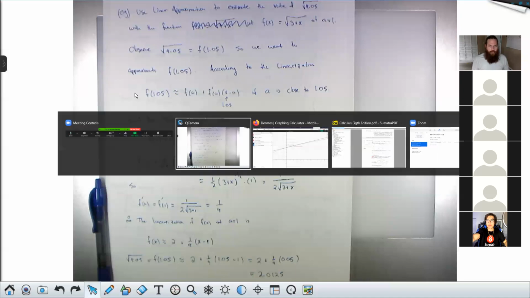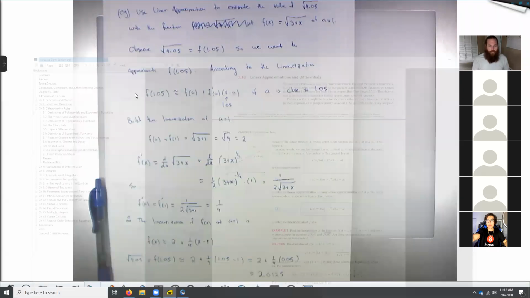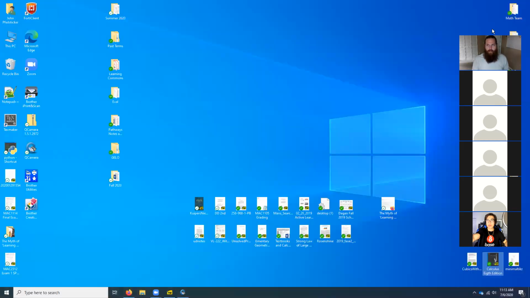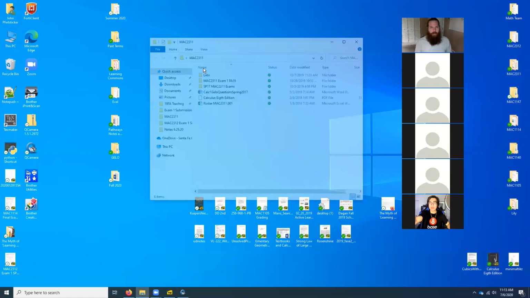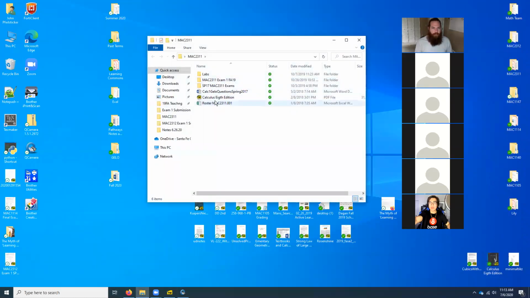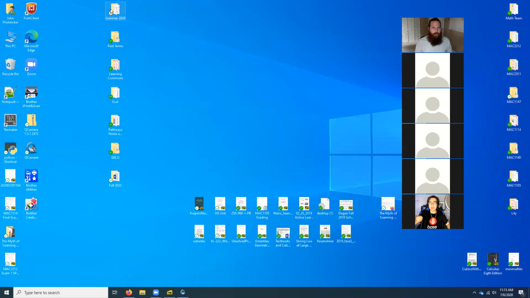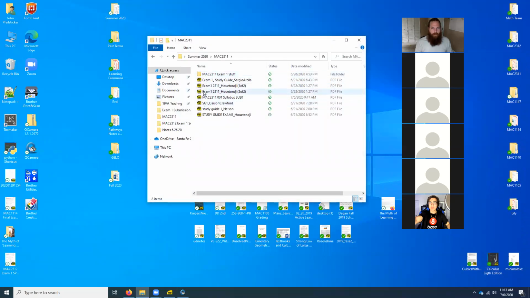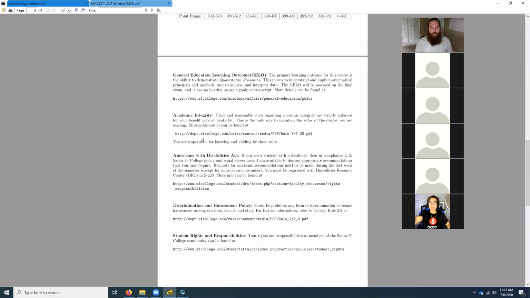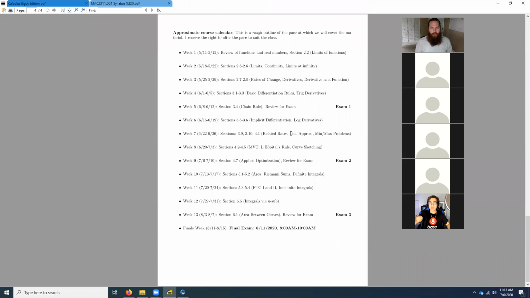Exam 2, so there's a question in chat about when exam 2 is going to take place. We are getting close, but I don't think we're quite that close yet. Let me see, oh, you guys are over here. There's our syllabus. Here it is. So after we talk about linear approximation, we have to talk about min-max problems, and then we have a whole week's worth of material and then exam 2. So not next week, but the week after. Exam 2 will be the week after next.